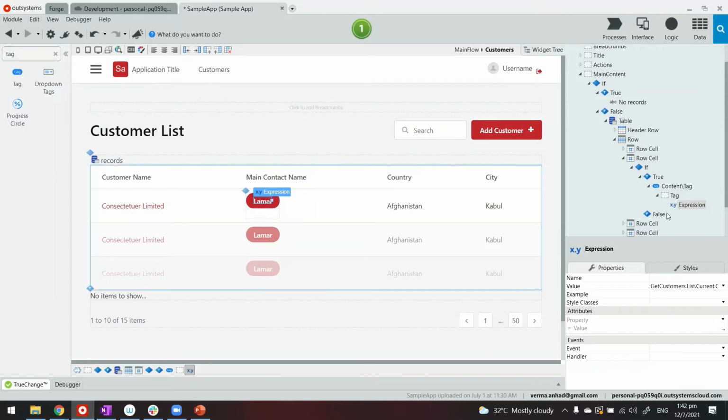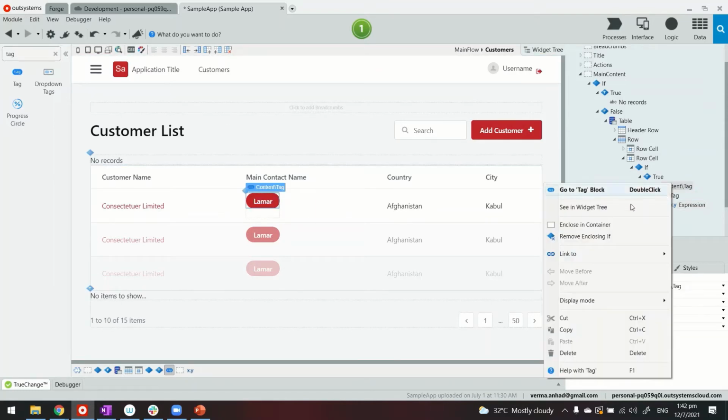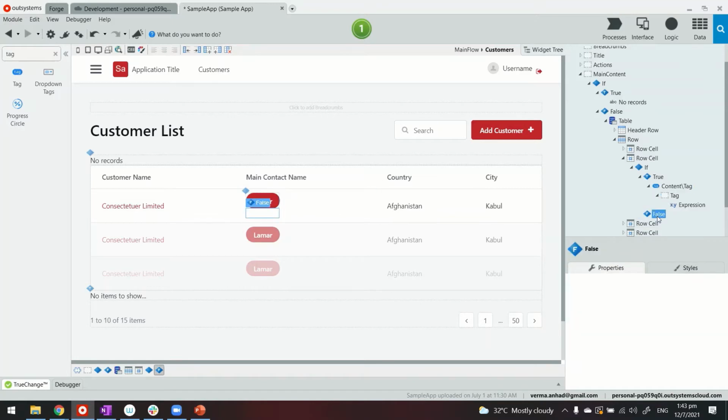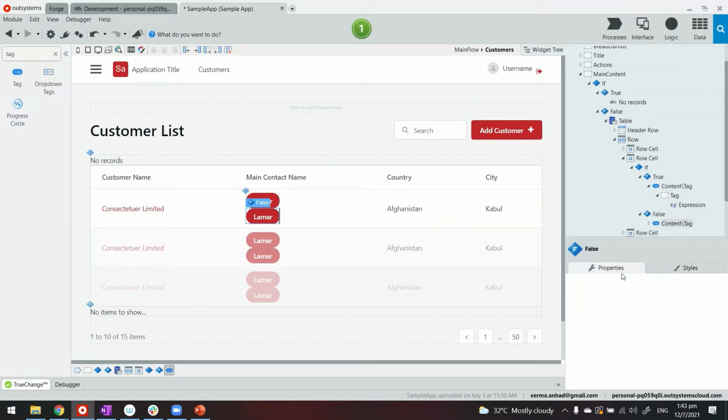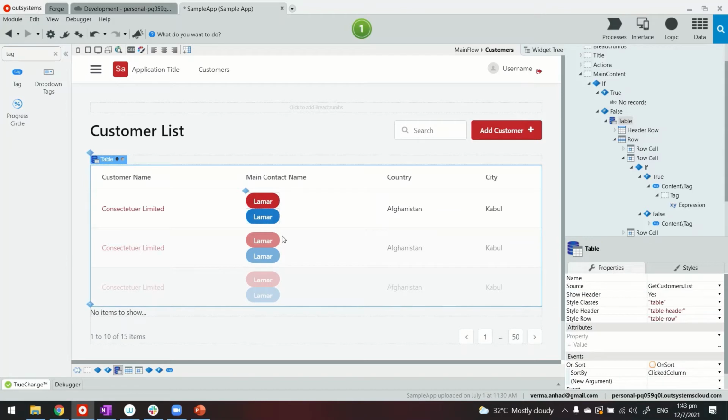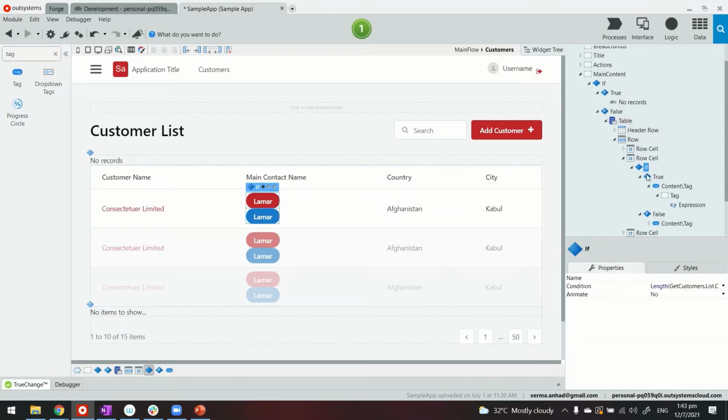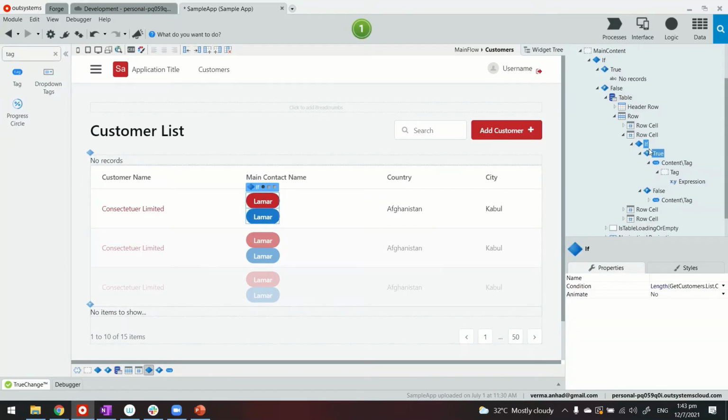If it's not, then we can just create a copy of this and put it under false. But this time around for this container block, the color would be blue. This will differentiate. Okay, so that's how we can use if and else. By the way, in this case, you can also keep on adding multiple layers of if and else. So you can have multiple conditions, nested into one another to achieve any kind of complicated logic that you want to have.